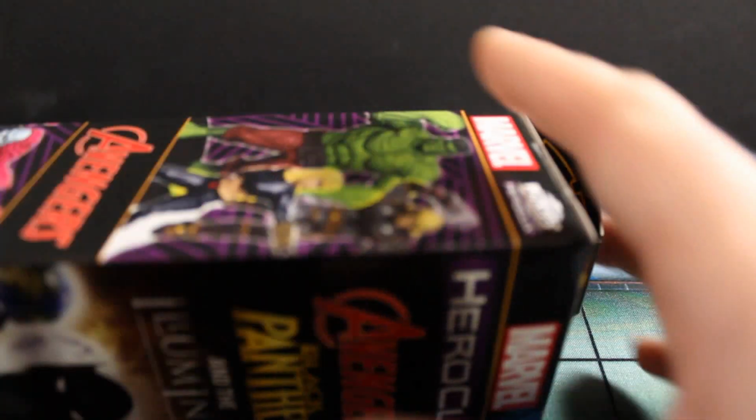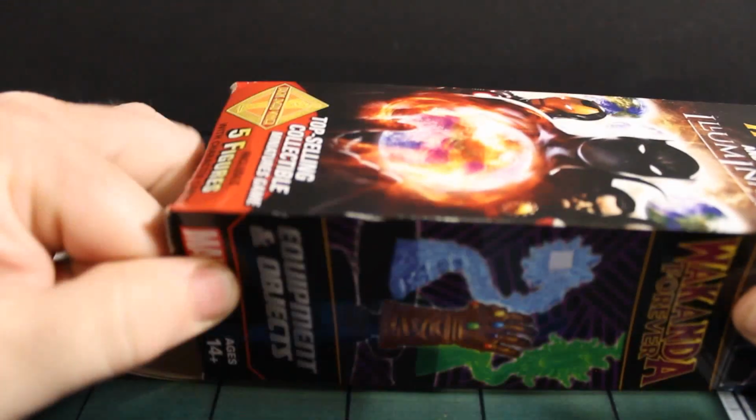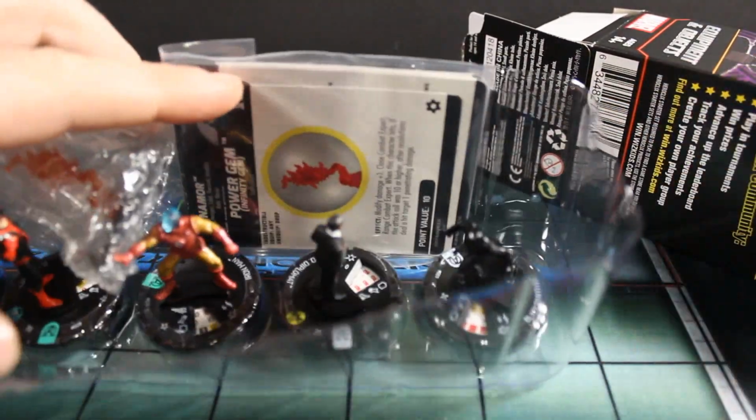Alright, so here we are with booster number 5. Dead center, front row. Haven't gotten any gems yet. So hopefully we get at least one. I'd really like that Black Bolt with the reality gem. So let's see how we do here. Well, we got some kind of gem. Alright, so we've got